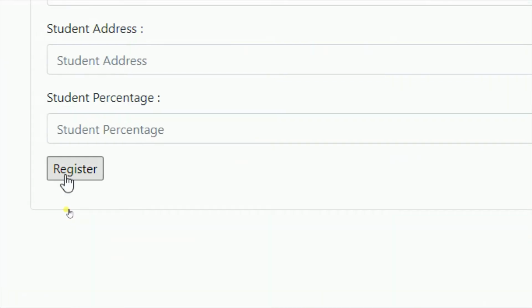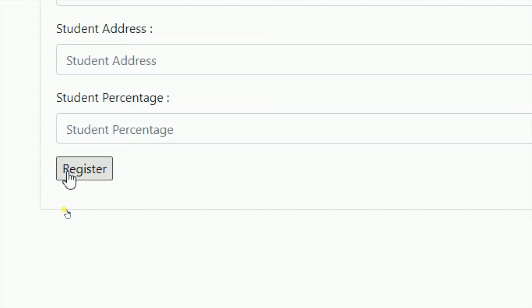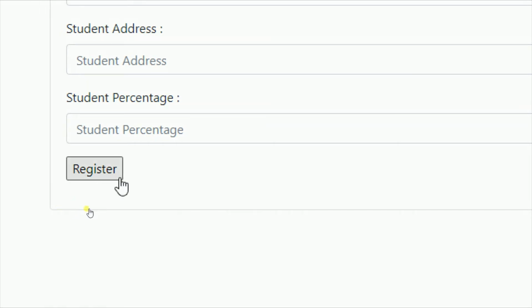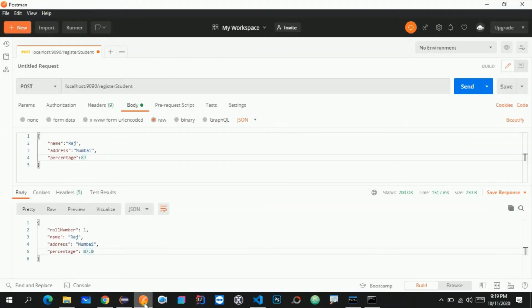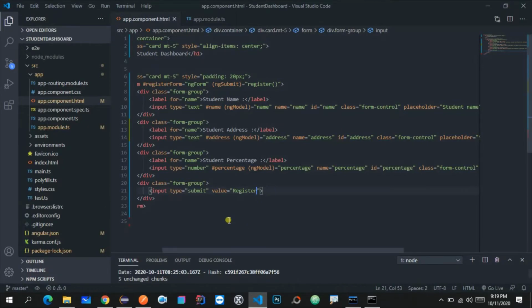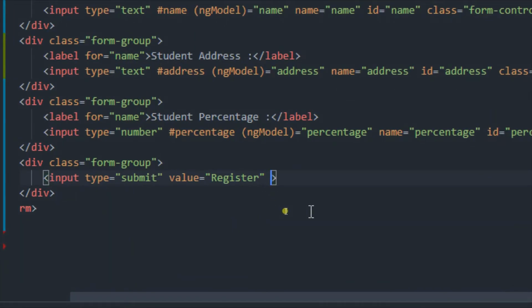Now as you can see, there is one button called register, but this button has no styles. So let me apply some bootstrap classes so that it will look more obvious. Class equals to btn, which means button, and btn-primary. Button primary means it will take this button as a primary color, that means blue color.